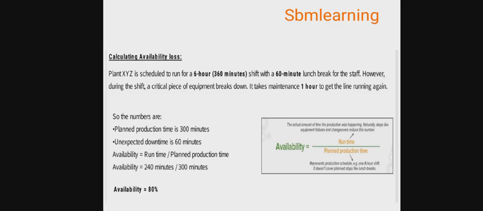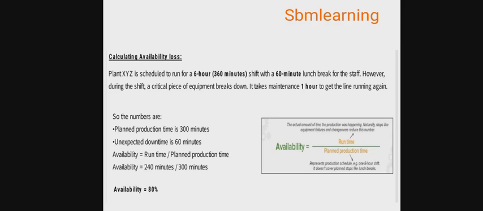Now here another example is also given. In that it is said plant production time, always remember it's plant production time, not total time. It's not all time, it's plant production time, meaning PM and other no-plan time are already excluded. Now we are having a plant production time of 300 minutes. We have 60 minutes of downtime. So how much time was my machine available to run? Only 240 minutes. And how much time was available before the breakdown? 300 minutes. So that is my total available time.